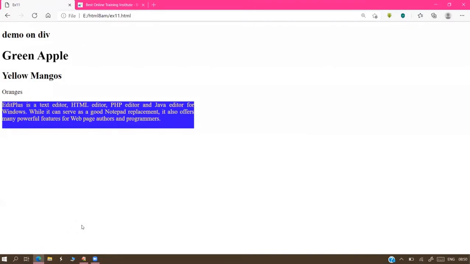What we observed here, sir, is that the tag is not moving anywhere. The tag stays fixed in the same position, but the data alignment is changing. This is justified, the previous one. If I want to move the tag position, irrespective of content, if I want to change the tag alignment, then you can go for the align attribute.